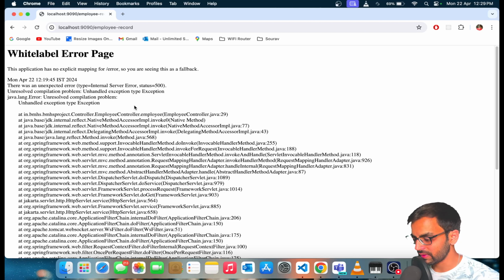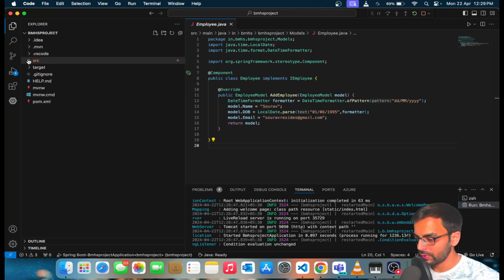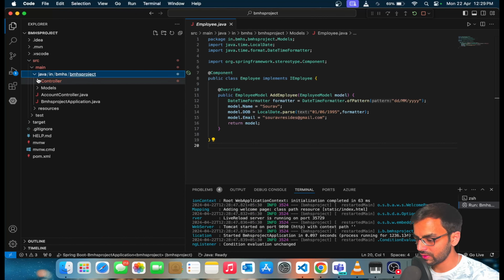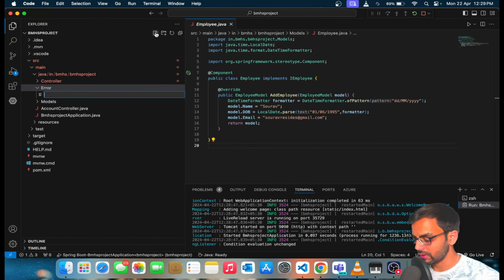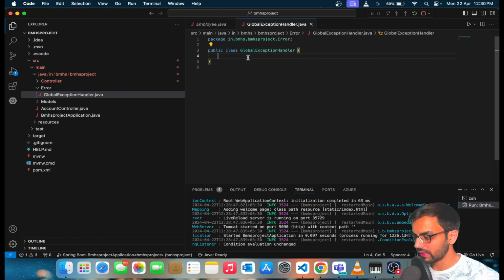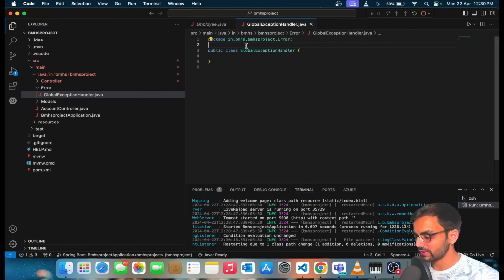Now, in order to develop a custom exception handler, all you have to do is go to Visual Studio, and here I'm just going to create a folder within my source main Java, with the name error. Inside of this error folder I'll be creating a class, basically GlobalExceptionHandler.java, and inside of this class we'll be defining it as a ControllerAdvice,